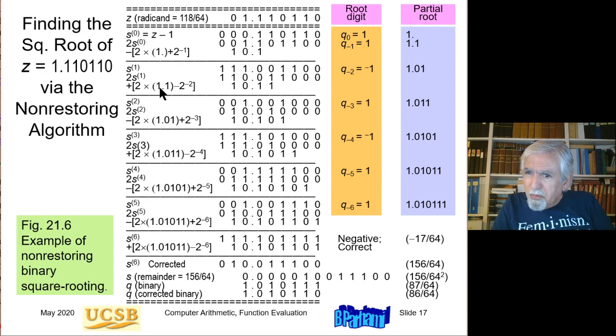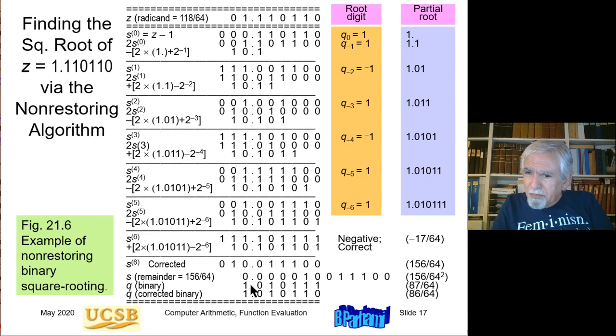Okay, so 2 times 1.1 is 11.0. So 11.00. When I subtract 1 from here, borrows propagate, turning the number into this. Okay, so I'm not going to worry at this point how I form this number. Assuming that I form it, then the process works, and I get